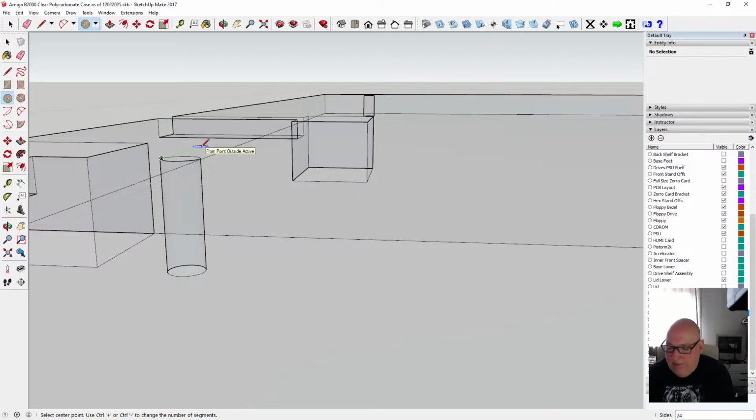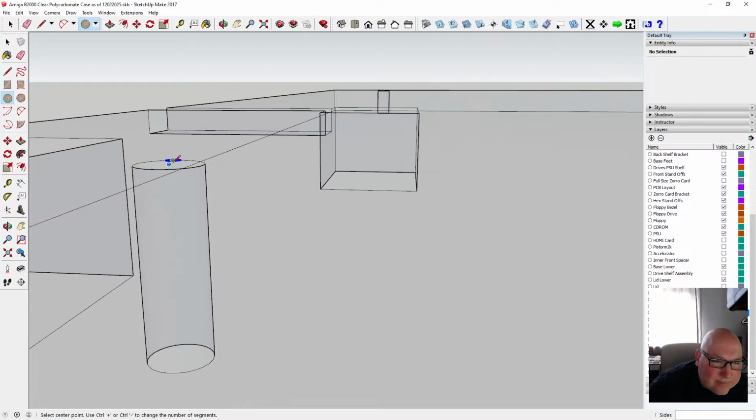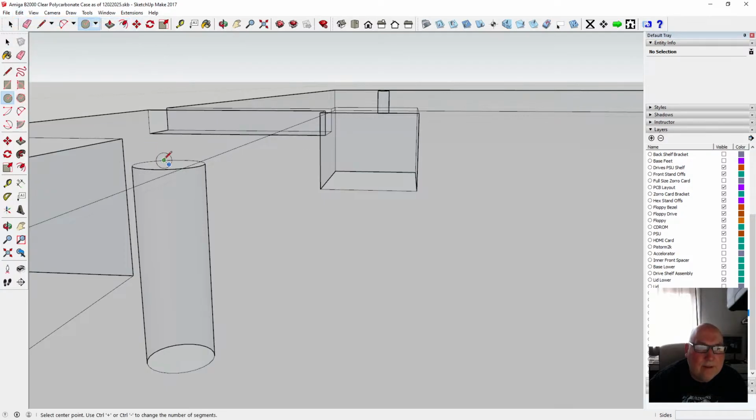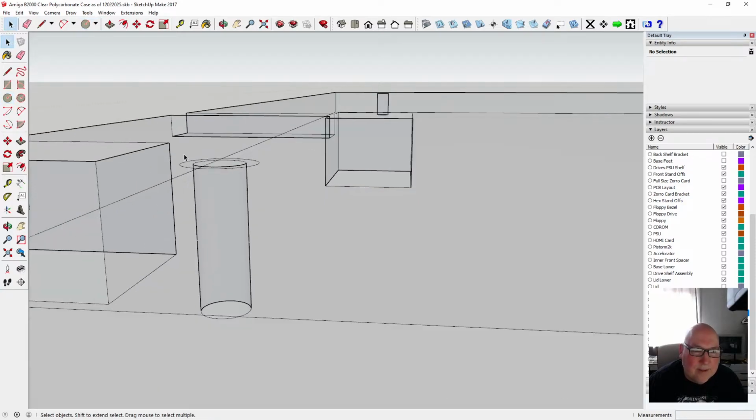So, excuse me. Right. 1.75, and that gives us, oh no, undo circle, it's got to be 1.5, that's it. So 3 mil, get rid of this one,